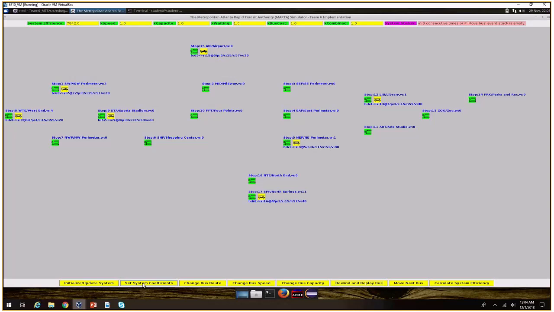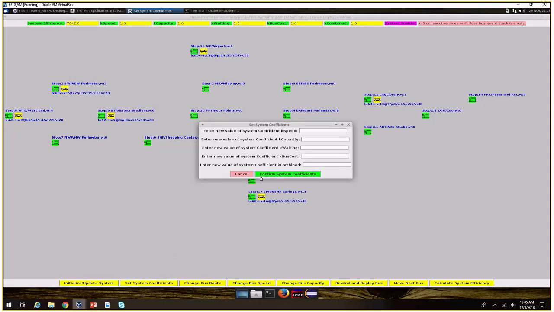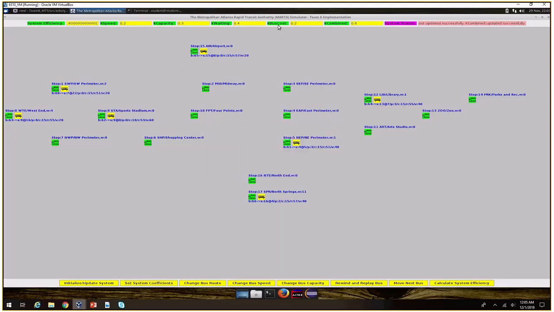Thanks, Neil. So we already saw initialization, move bus, and rewind. A few other things that we have provided control to the user are set system coefficients and bus parameters change. For set system coefficients, we have K, speed, capacity, weighting, combined, and bus cost. In this input box, the user can input either one or all of the values, and then confirm. That will be taken and stored in the system,